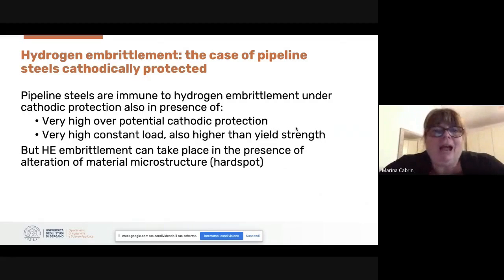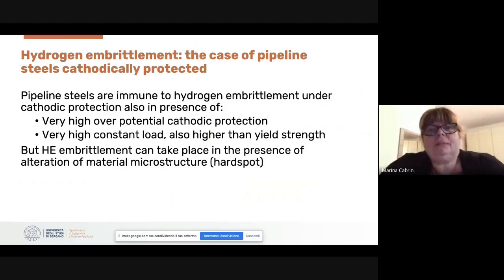Pipeline steels are immune to hydrogen embrittlement under cathodic protection. There are thousands of kilometers of cathodically protected pipeline without any problems, also in the presence of very high cathodic protection potential, overprotection, and very high constant load. But there was some hydrogen embrittlement